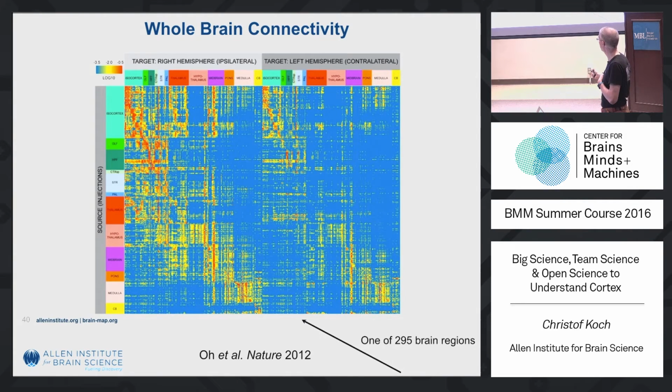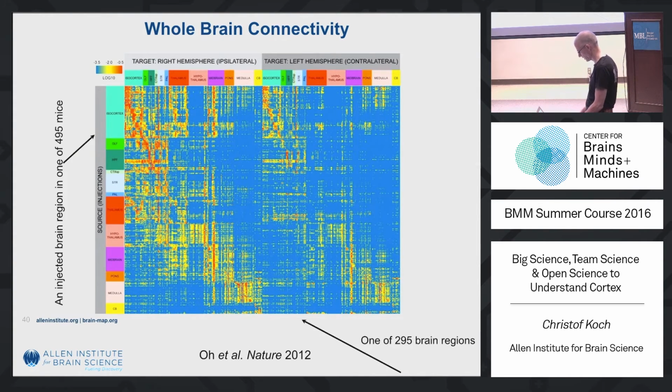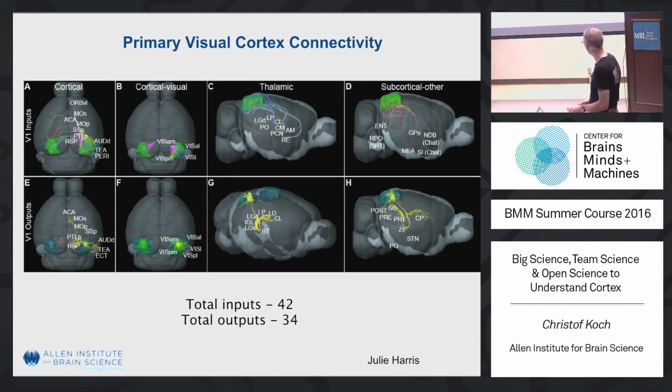You can see the synaptic weights, if you want, the projection weights. They are log normal distributed, like many things in biology, over 4 orders of magnitude. So you can get some connections that are 10,000 times stronger than others. Of course, that depends on which sort of normalization you do. So that's pretty cool. So just if you look at V1, the brain area we choose to focus on here